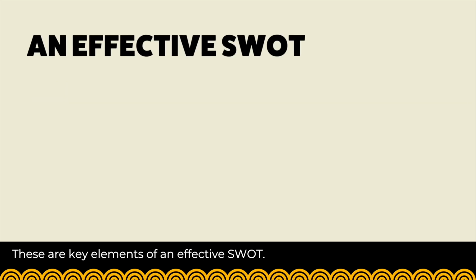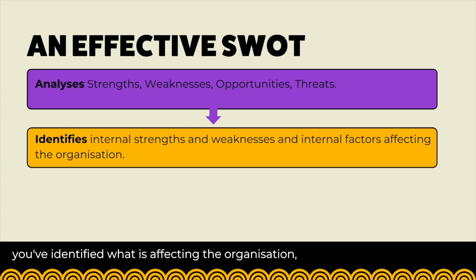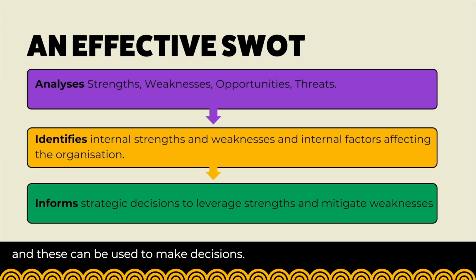These are key elements of an effective SWOT. So you've analyzed your strengths, you've listed your weaknesses, your opportunities, and threats. So that means you've identified what is affecting the organization, but also where the strengths are within an organization. And these can be used to make decisions. If you know where your strength lies, you're going to make a decision based on that information you have. If you know there's something affecting your organization in terms of a lack, a gap, then you're going to endeavor to address it. And there are opportunities out there. You're going to try and figure out how to use them to the best of your knowledge for your organization